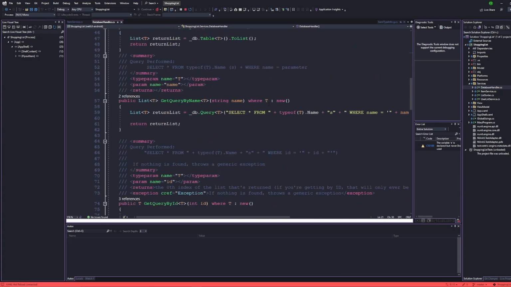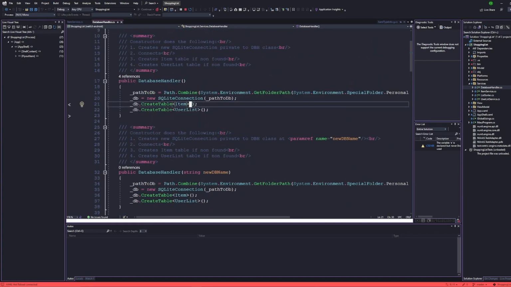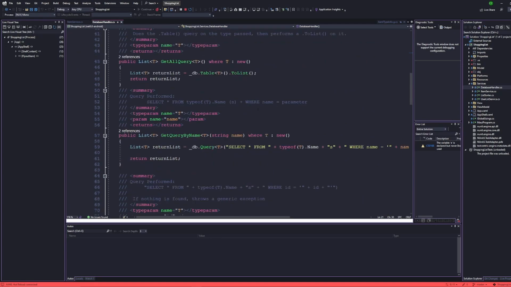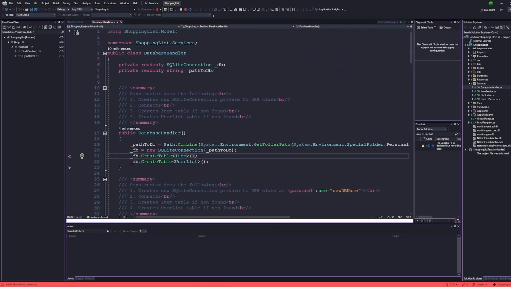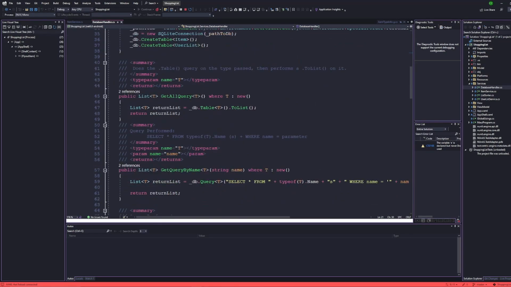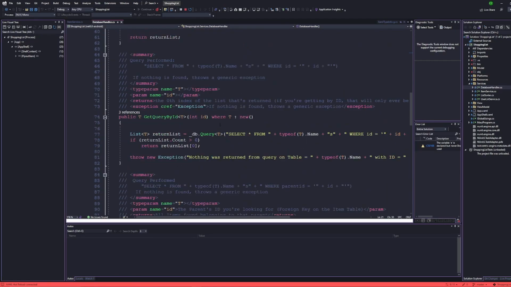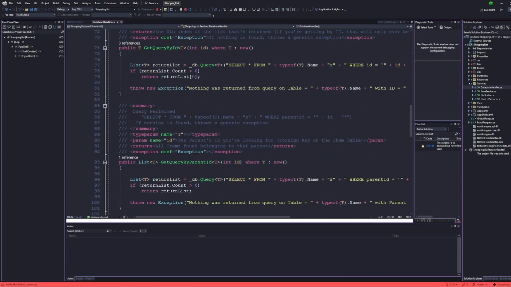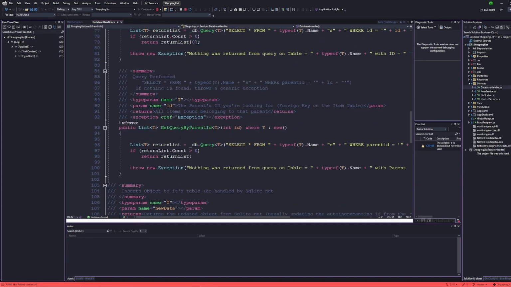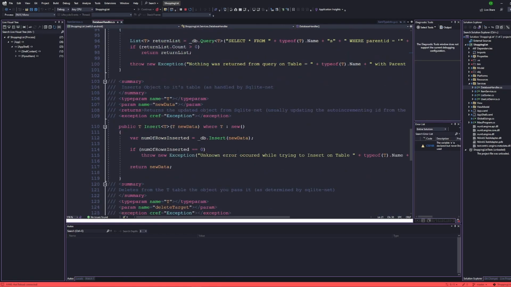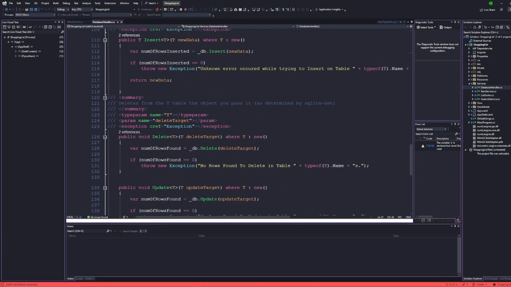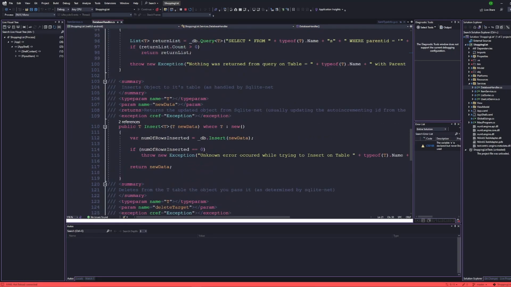So, object relation, basically your tables are your objects, and then from there, I wrote this service here called database handler. I just wrote a bunch of generic functions that basically expose the SQLite connection to the stuff outside of the service. So it's all just generic queries. I'm just doing really basic stuff in here. Insert type T data. The one thing to note on,